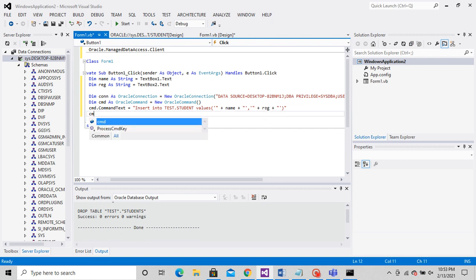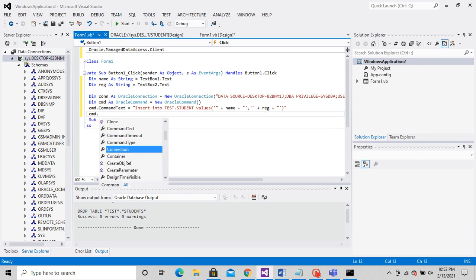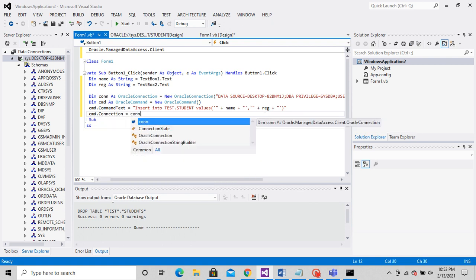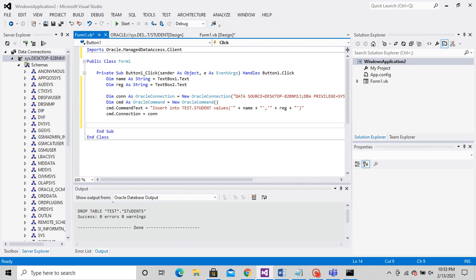I will paste the code into the description box so that you don't face difficulty while doing it. If you are inserting number values, there is no need to give the single quote there. Since I have used strings, I have used the single quote.